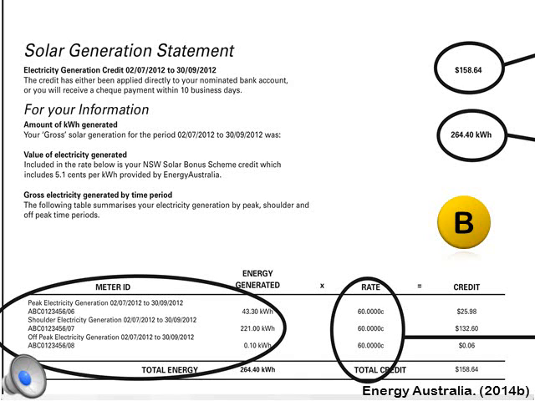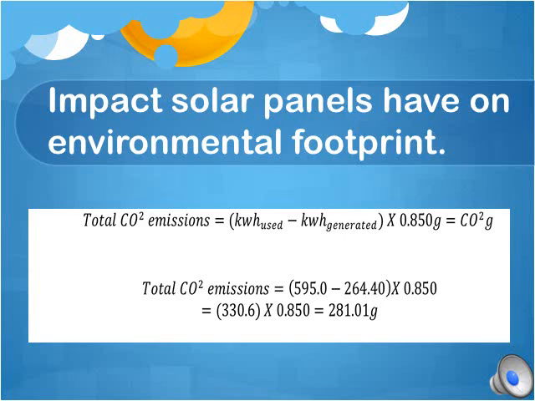In example Bill B, the total electricity usage for this household with solar panels is 264.40 kilowatt hours, amounting to $158.64. To work out how much we can offset the effects of carbon emissions, we use the following formula. In this formula, we subtract the kilowatt hours generated from the total kilowatt hours used, and the remainder left over, which is 330.6, is then multiplied by 0.850 grams, and we have a total of